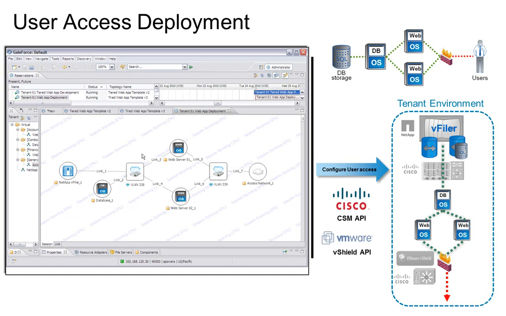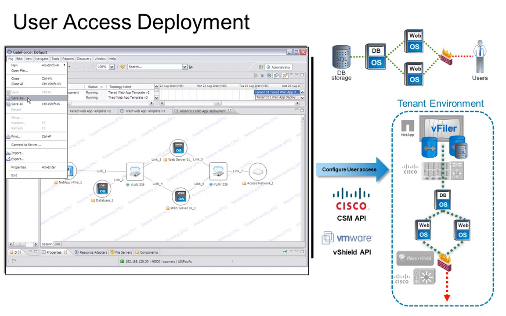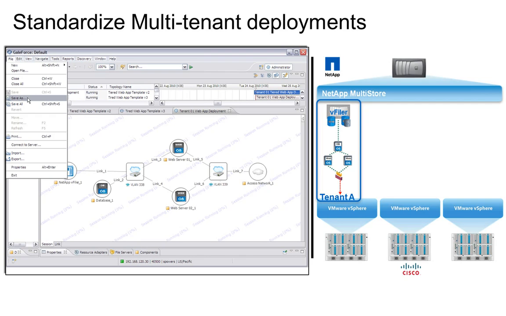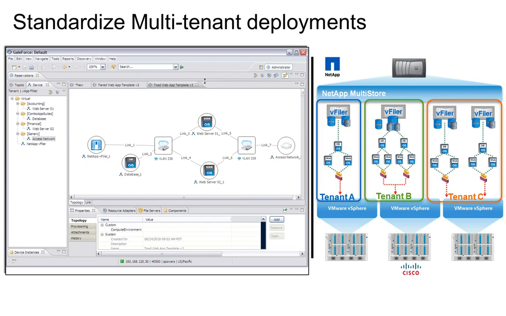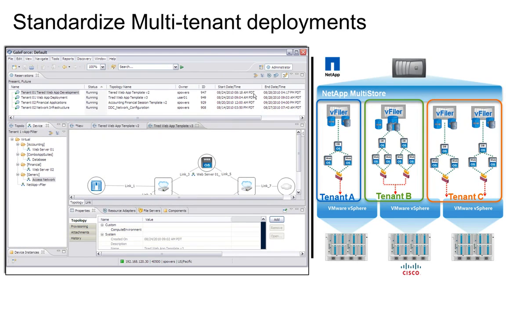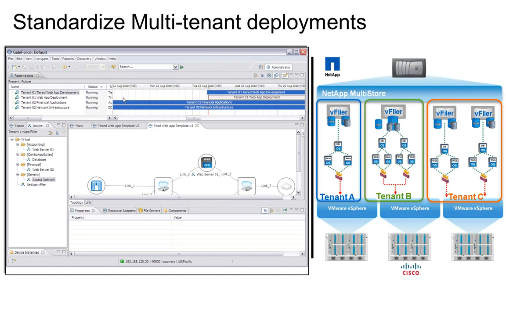Another interesting feature of the GaleForce framework is its ability to save the state of a running topology, including all the components within that topology, so it can be restored to that state at a later point in time. This point-in-time snapshot can also be used to clone the topology from that configuration state, as well as a basis for building variations from the topology at that point in time. The GaleForce Control Center allows administrators with sufficient privilege to see the running reservations across multiple tenants in various detail